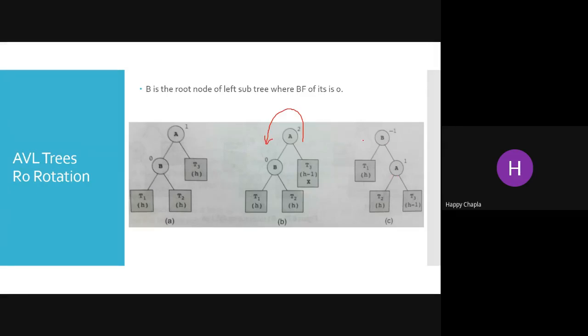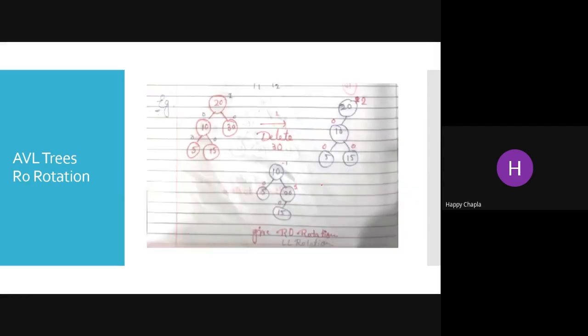So B will become the root node. A is the right of B. T1 is the left of B. T2 is the right of B, and T3 is the right of A. Now in this example, if you want to delete this 30, whenever you want to delete this 30,